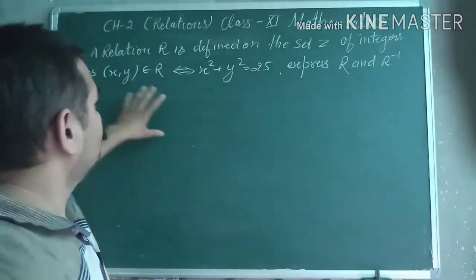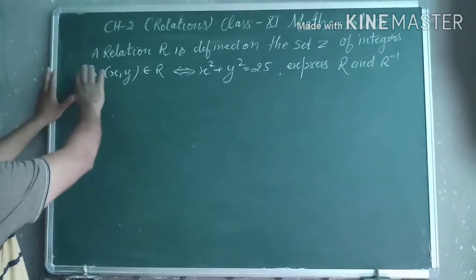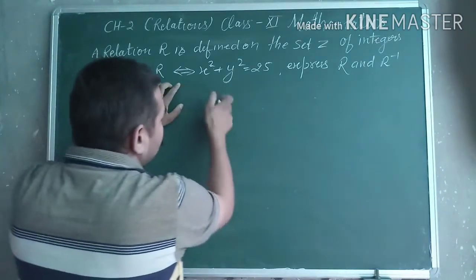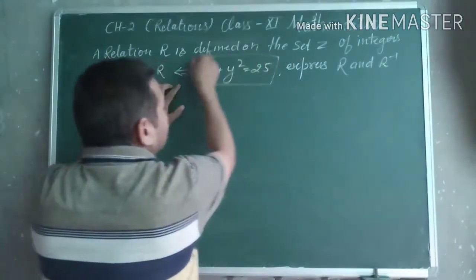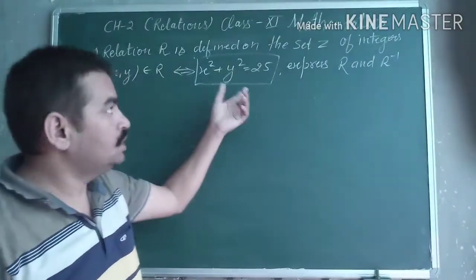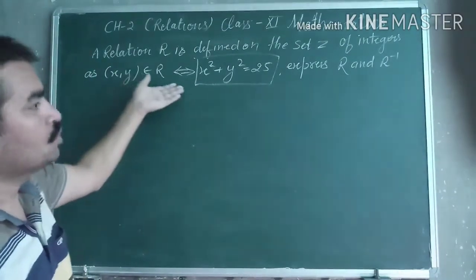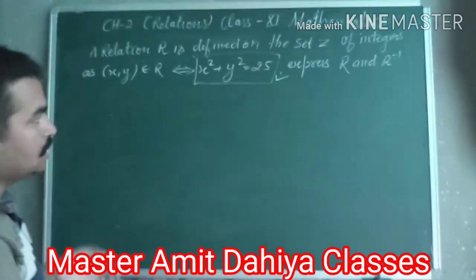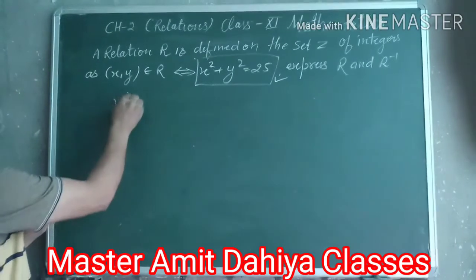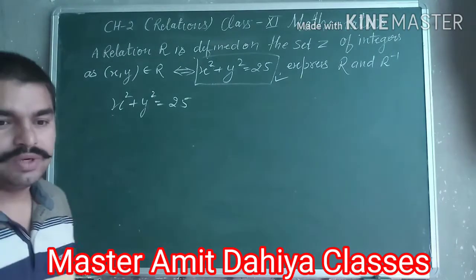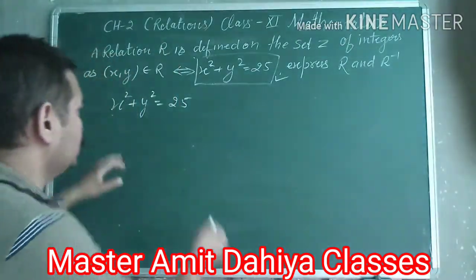सो हाउ यू आर गोइंग टू डू, क्या समझने की ज़रूरत है हमें, एक रिलेशन दे रखा है R और (x, y) रिलेशन R से बिलोंग करते हैं कब, इफ़ एंड ओनली इफ वो इस कंडीशन को सेटिस्फाई करें. तो इफ़ दे आर सेटिस्फाइंग द इक्वेशन, देन द सेट ऑफ ऑर्डर्ड पेयर बिलोंग्स टू द रिलेशन R. सो फर्स्ट ऑफ ऑल वी विल गो फॉर द ordered pairs. What are the ordered pairs? So x square plus y square is equal to 25. Find the y here.